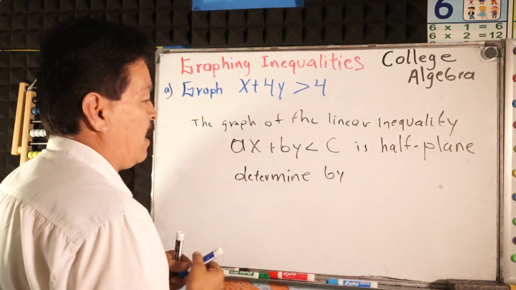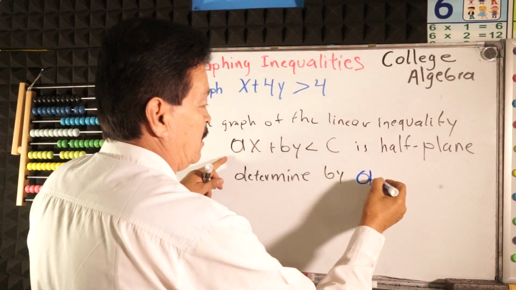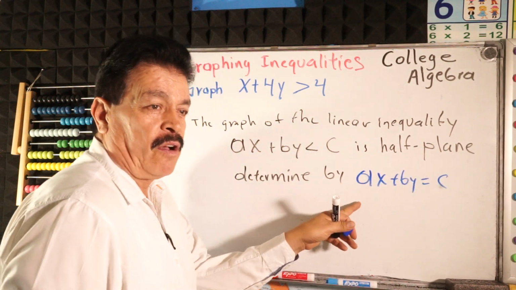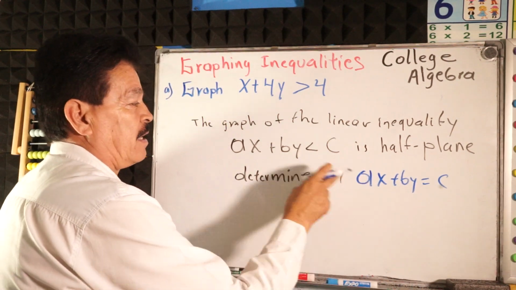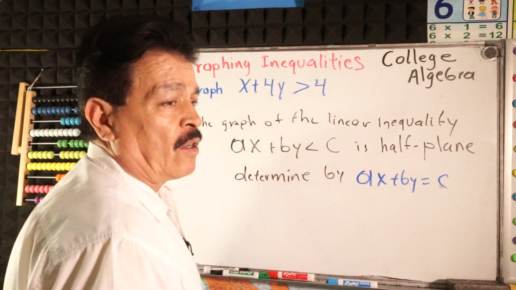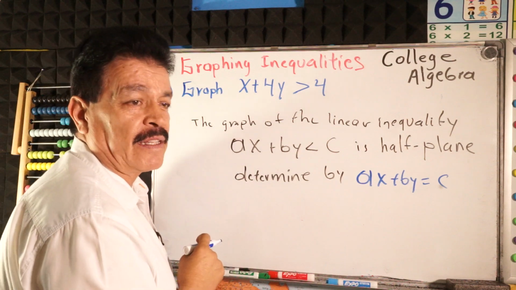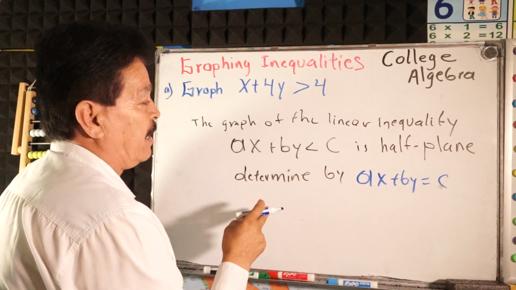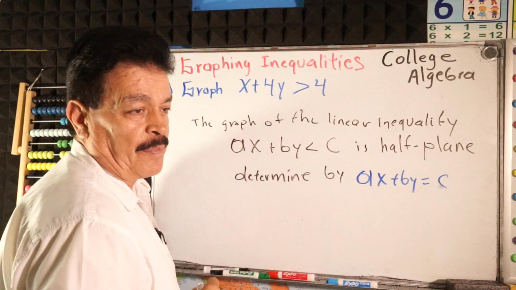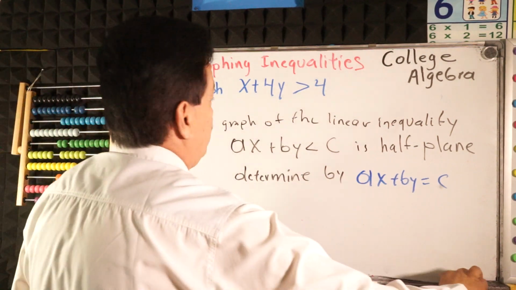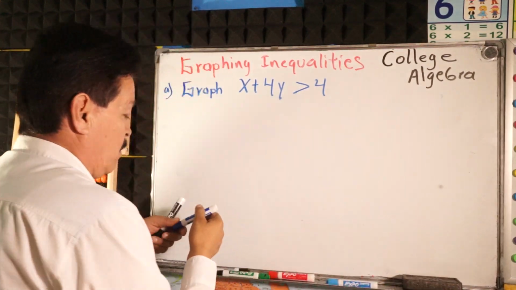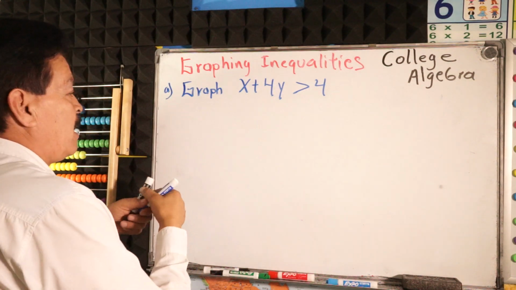When we draw it, it is very similar to ax plus by equals c. I will explain why this difference arises. These are the points that satisfy the inequality ax plus by less than c. So the graph of this linear inequality is